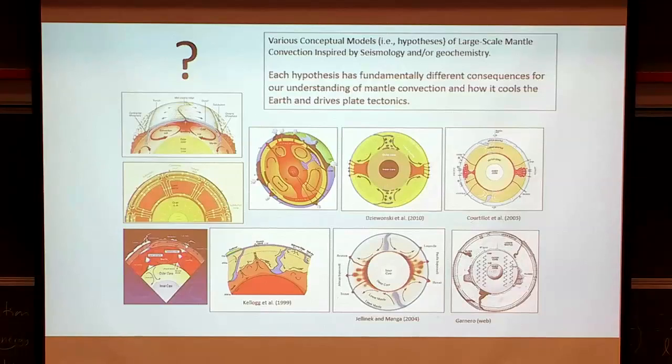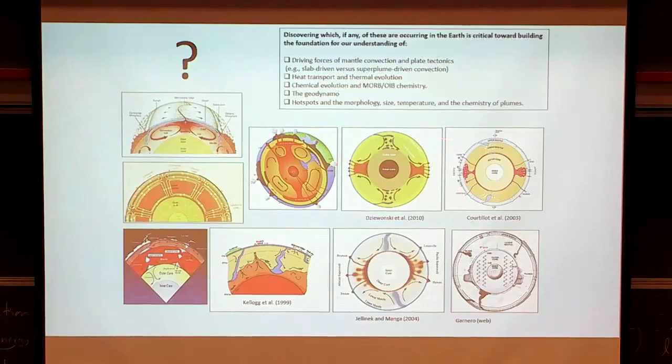But if we assume that's true, one of the things we're debating about now is what dynamical form does that heterogeneity exist in? For example, is heterogeneity stable in the lower mantle, or is it rising and sinking, or is it breaking apart? There are lots of questions. And these are very important questions because each of these cartoons, even though they might look the same, they all imply a different style of dynamics, a different style of thermal-chemical convection, we call it, when we're dealing with thermal and chemical processes. But each one of these has fundamentally different consequences for many things that we want to understand